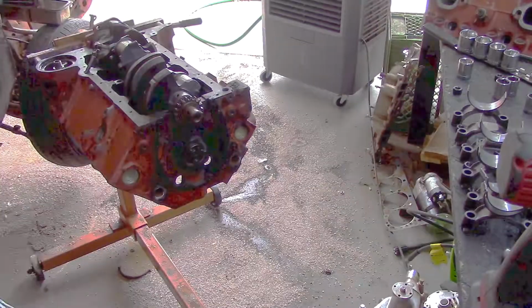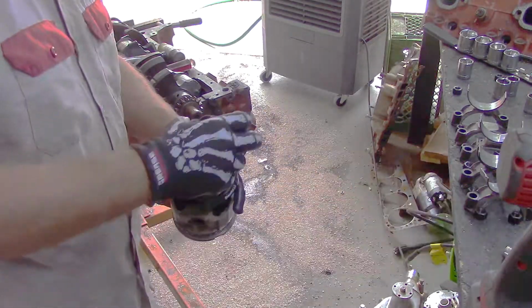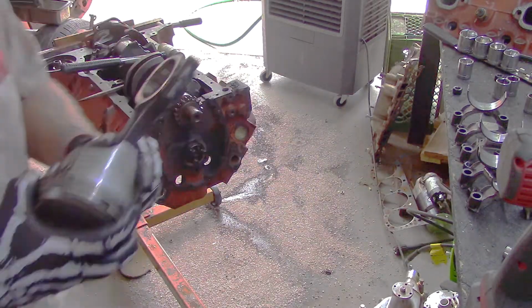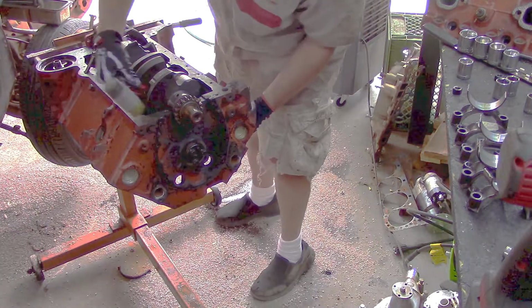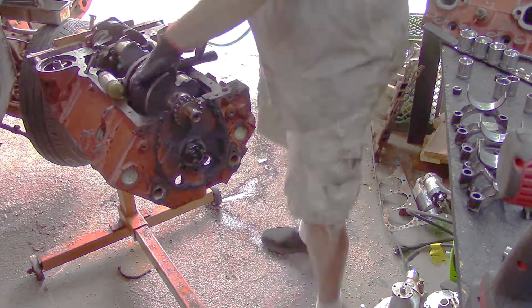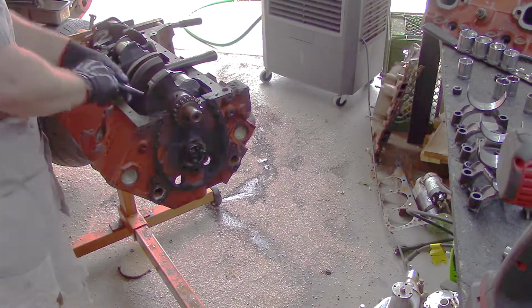Go ahead and move that. A little bit of a tap, zoom out for you guys. Go and just tap on that first piston, out it comes. Match everything back up, that way I can put it all back together if I choose to use those pistons after my machine shop takes a look at this block and everything. So we'll just go through and pull out each one of these pistons, making sure I keep everything together